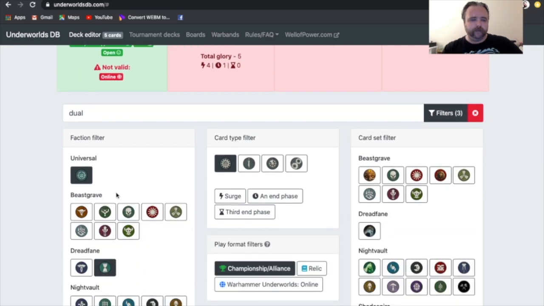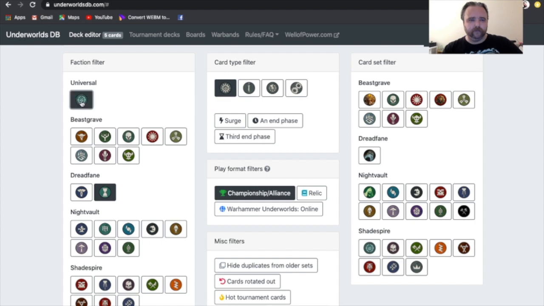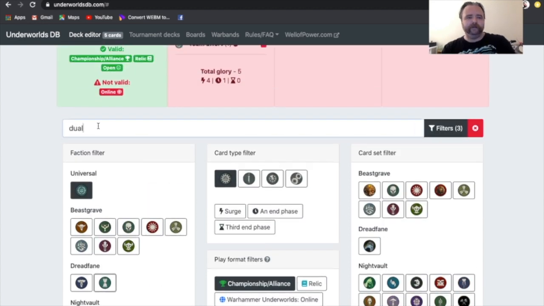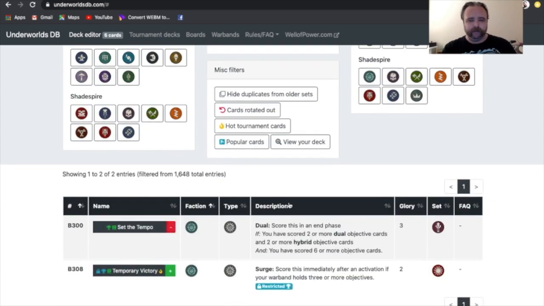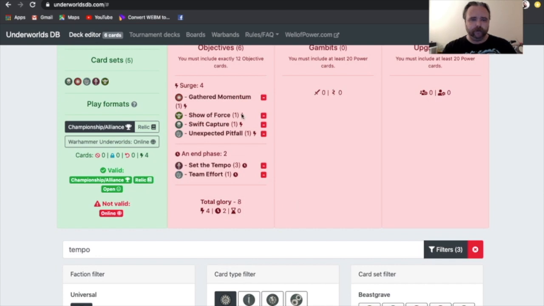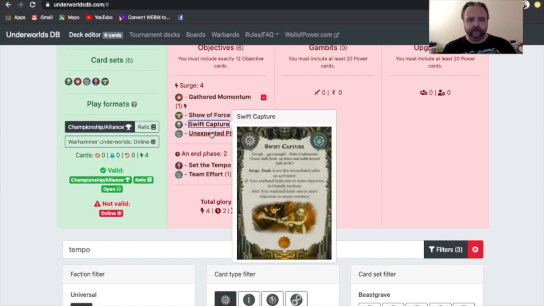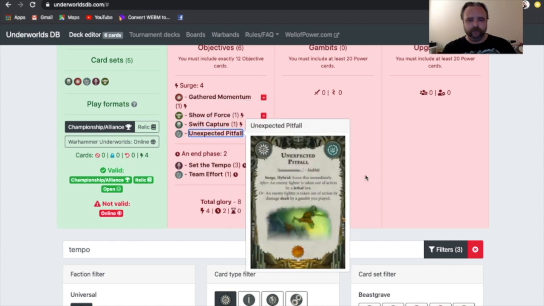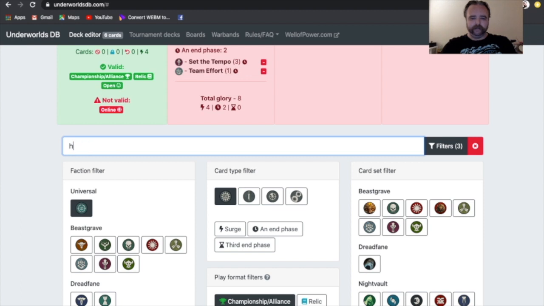Let's go with the Dreadfane Lady Harrow ones to start with. I realise I've taken out the tempo cards, so I just need to put that back in quickly. You can set the tempo in there. So we have Gathered Momentum, Show of Force, Swift Capture, Unexpected Pitfall. I'm now undecided on Unexpected Pitfall, but